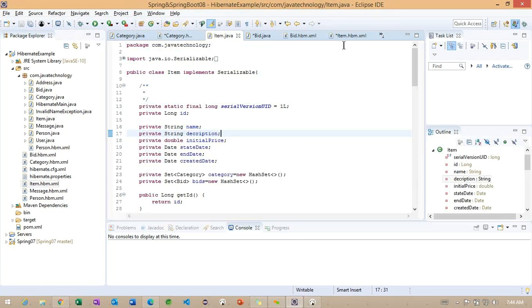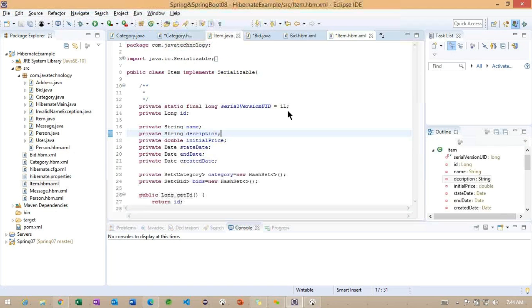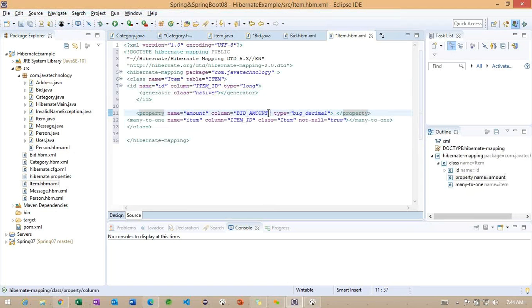So we'll check all the properties here. Second one is name. Item name, and the type here is string.